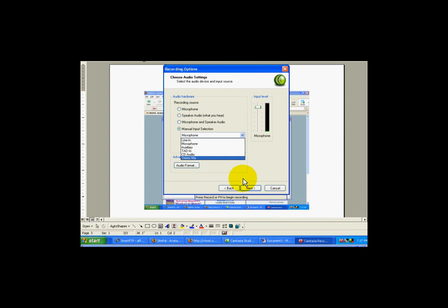So after you've made the stereo mix selection, you'll click Next,